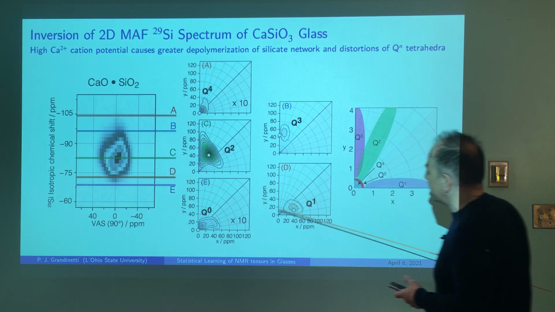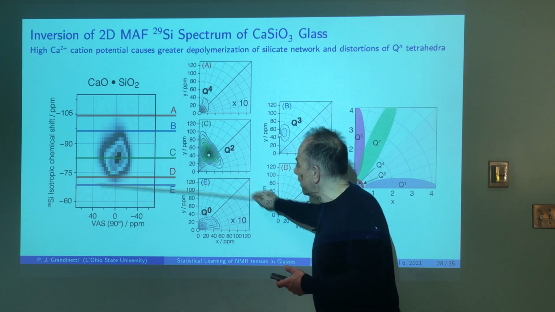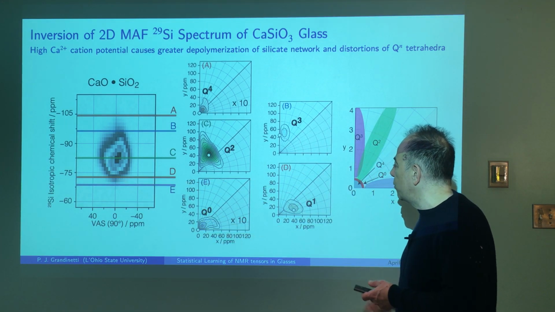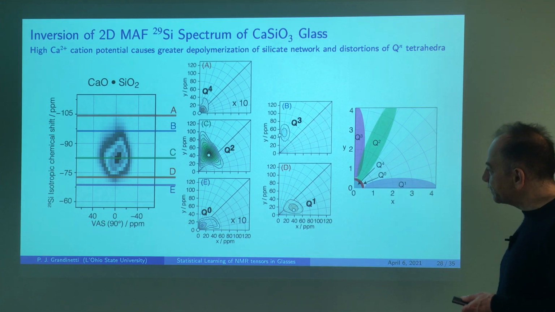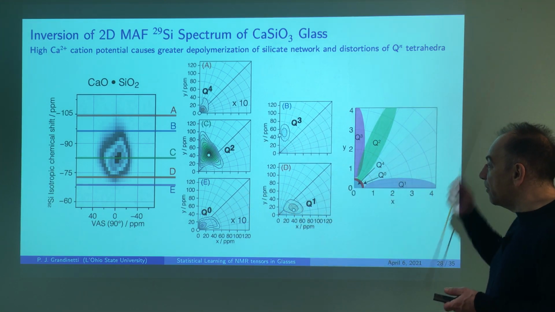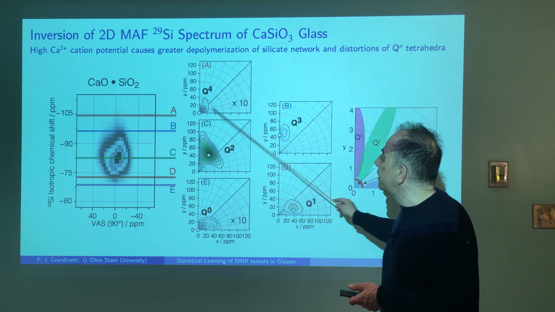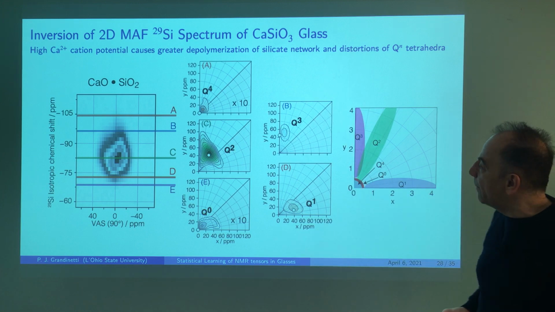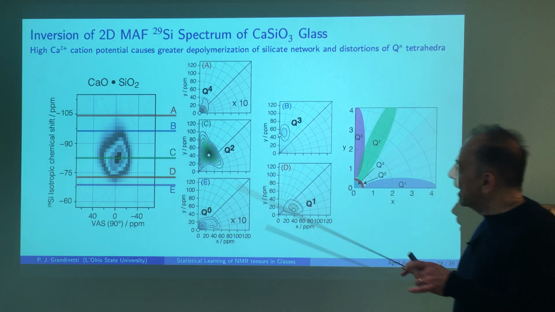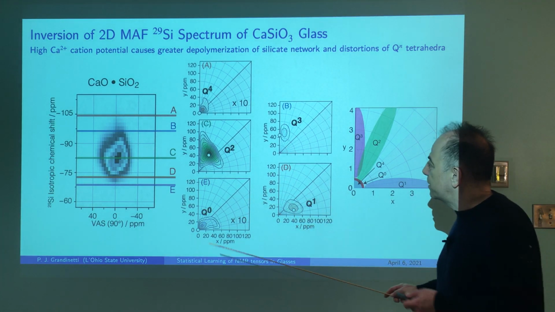And D, we can see evidence, now we've flipped over to the other side, it's Q1. And then when we get down here to E, we're starting to see what looks like Q0 type distributions there. And so there's, again, lots of information in here. We're still working out ways that we can improve our quantification when they have overlapping distributions like this. But it's definitely nice to see that we can do this without building very explicit models for the distribution of